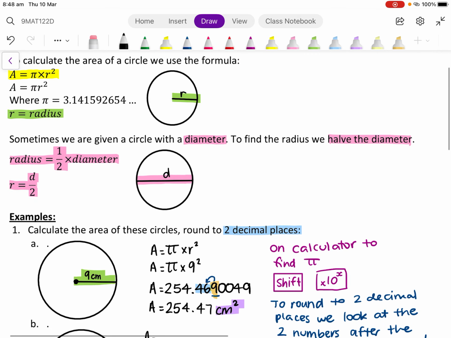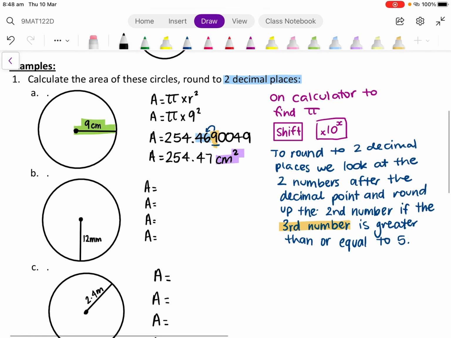Alrighty, let's have a go at example B. Our first line needs to be the formula A equals pi times r squared. We then need to identify our radius, and we have been given the radius of 12 millimetres. So we substitute that in where we have our r. Okay, so we'll get pi times 12 squared. We then put that onto our calculator. So remember how we get pi is going shift times 10 to the power of x, and then we go times 12 squared equals, and we write our whole number out that our calculator gives us, which is 452.38934